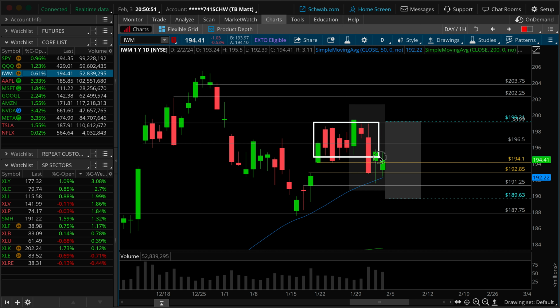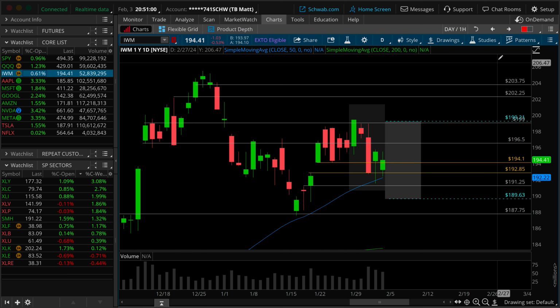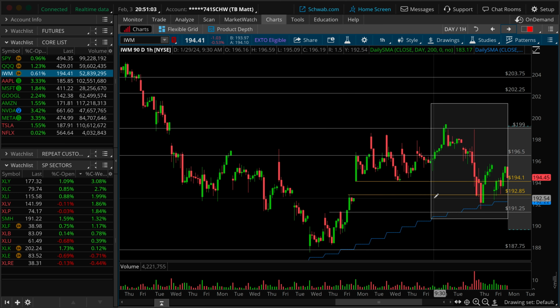And the threat, as we'll continue to express, is that this weighs on price as overhead supply, rejecting the weekly higher low thesis and thus the broadening nature of the market rally. That would be concerning. Let's move on down to the hourly time frame chart and get a little bit more